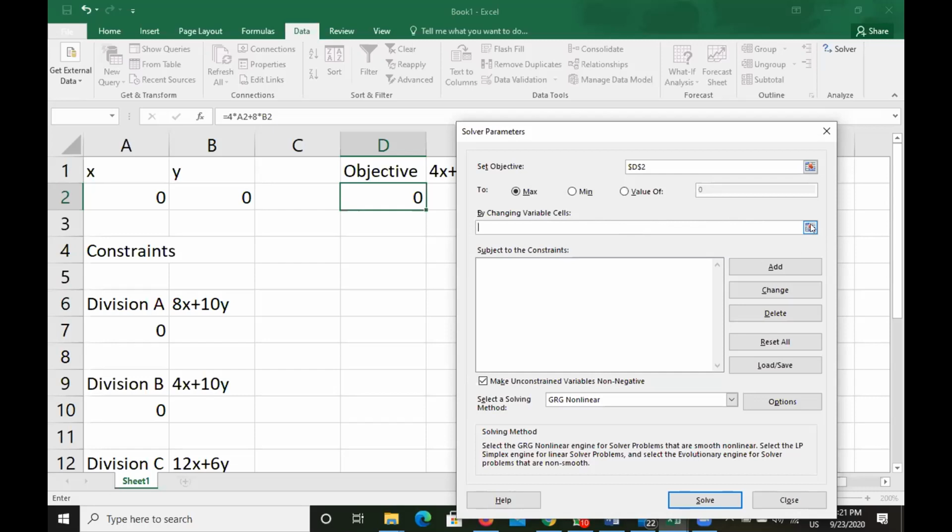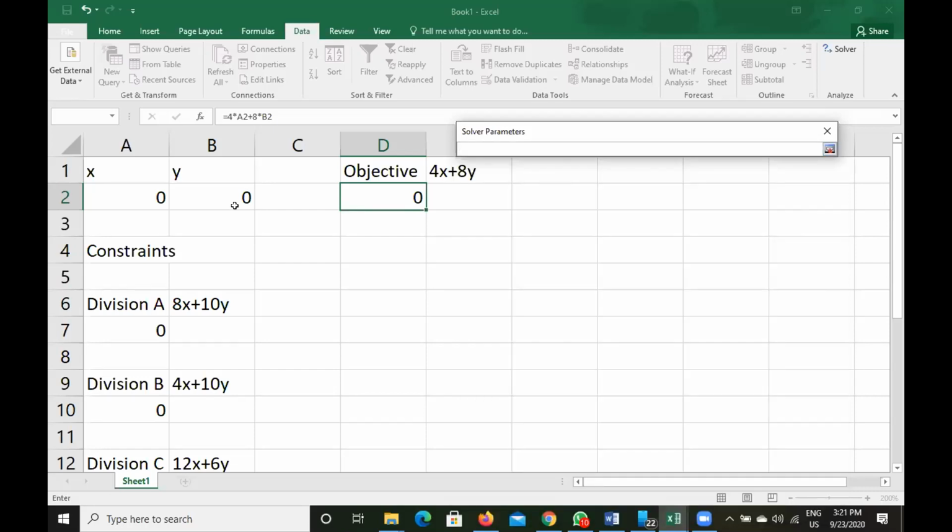Then you need to select the values of X and Y. The values of X and Y are in the second row, columns A and B. So we will click here and then drag. By dragging, we'll select these two cells. Have you got this correctly? Yes, sir. Right.